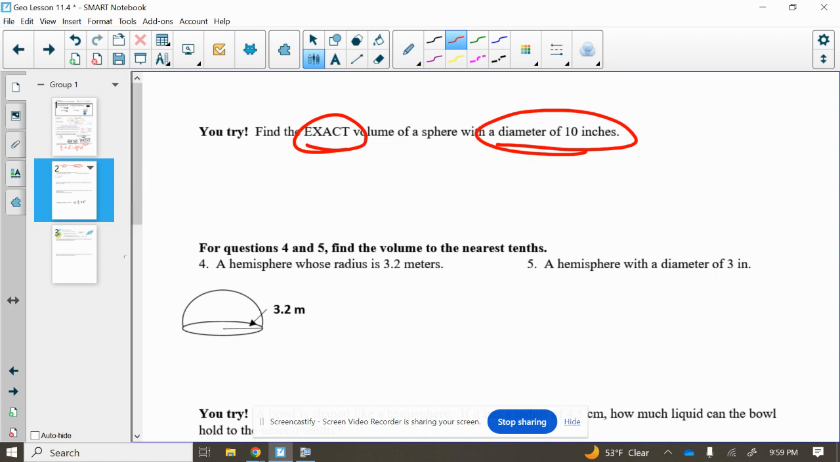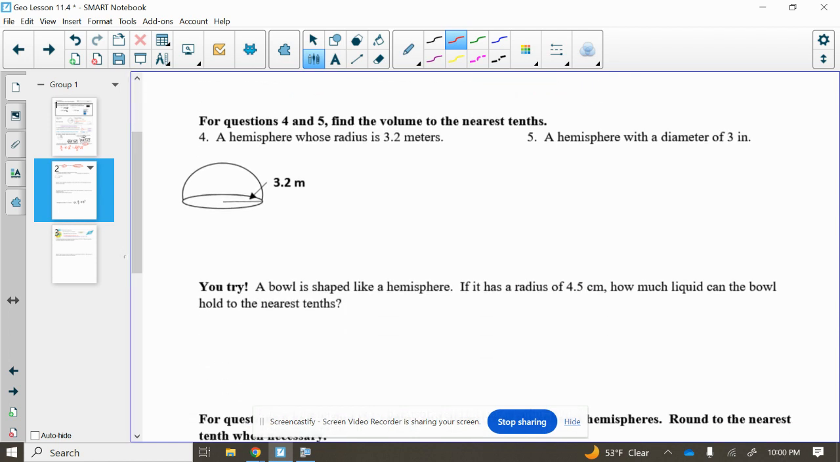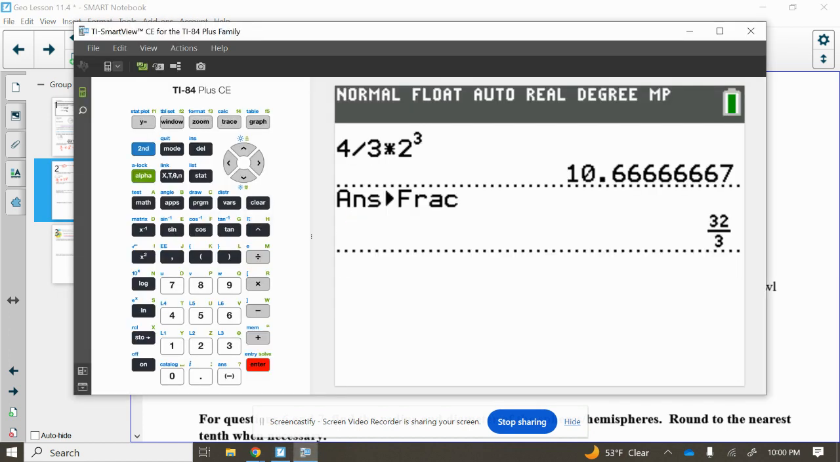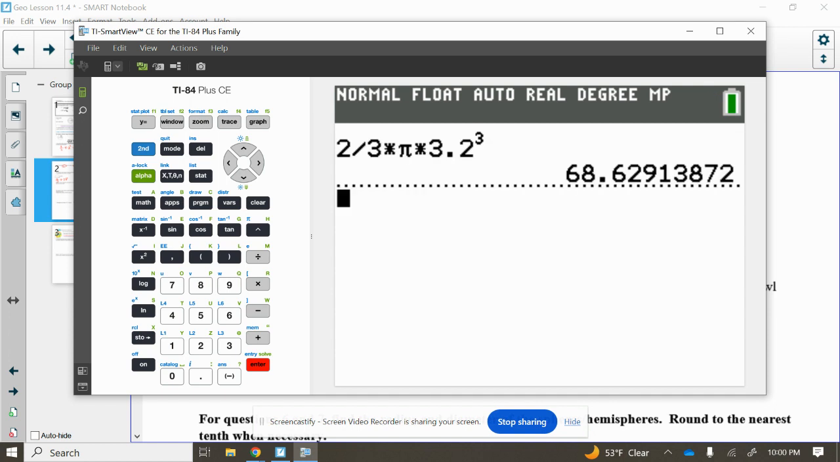All right, now for questions 4 and 5, we are back to rounding to the nearest tenth. This time we are looking at different hemispheres. So on this first one, we have 2/3 times pi times our radius value cubed. So 2/3 times our pi value, because again, we are rounding this time, times that radius value of 3.2 to the third power, we get